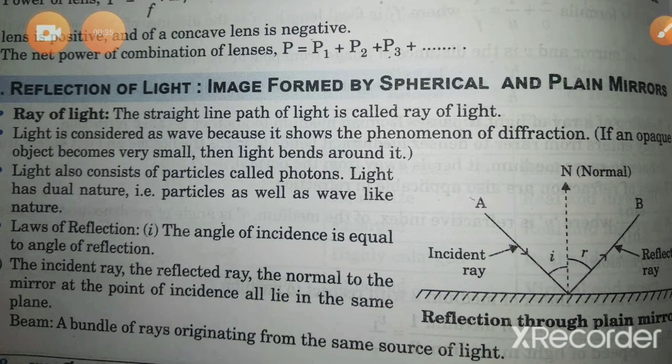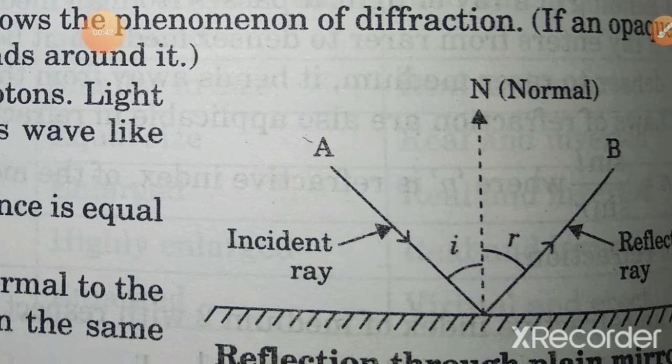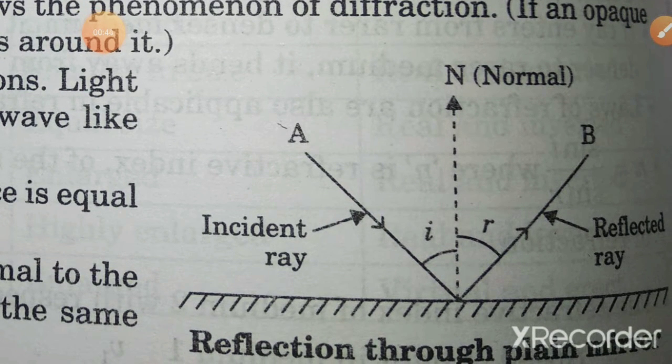Number one, the first term is ray of light. What is a ray of light? You can see in the picture, this incident ray is representing a light ray, a light wave, which is coming towards a plane mirror's flat surface. You know that a plane mirror has a flat surface. So this incident ray is hitting the flat surface of the plane mirror, and after meeting a point, it goes back into the same medium. This phenomenon is known as reflection of light.